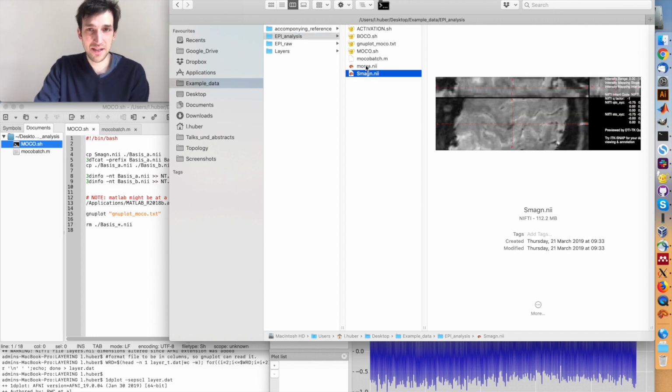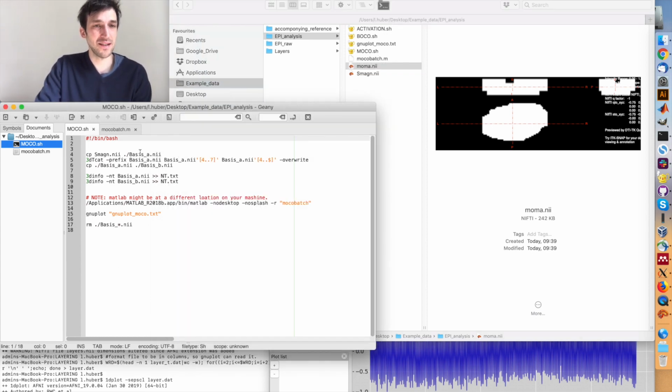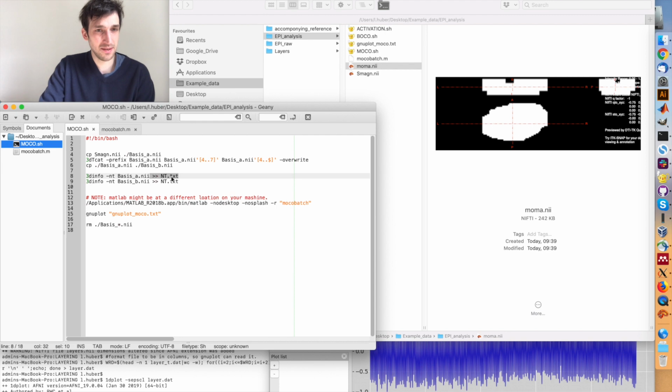So now in this folder, we have the time series and the motion mask, and we also have this moco.sh, which basically runs the motion correction. And you can see the content here, it's very tiny. So basically what this script does is it overrides the first 4 time steps, because there we are not really in steady state just yet. It makes a copy of it as basis A and basis B, and it also writes down the number of TRs, dumps it into a file,